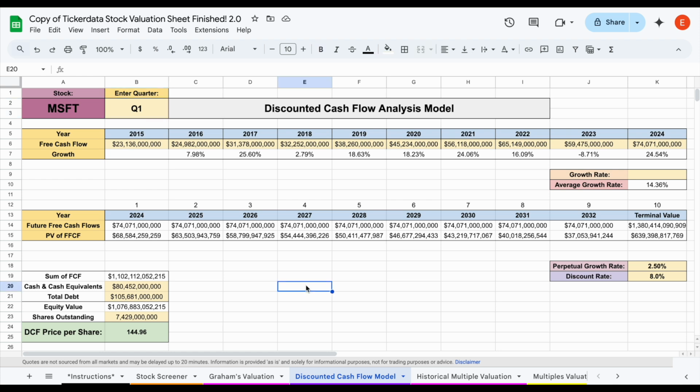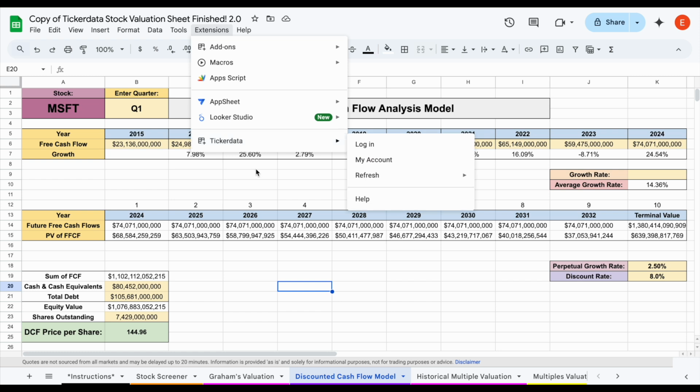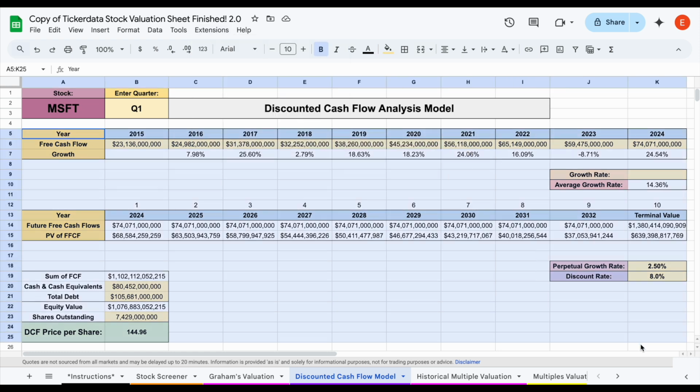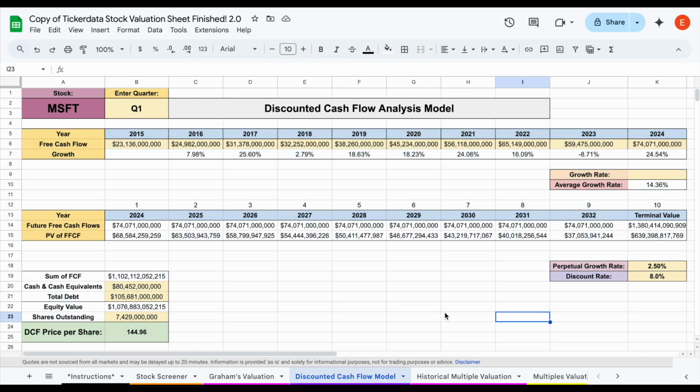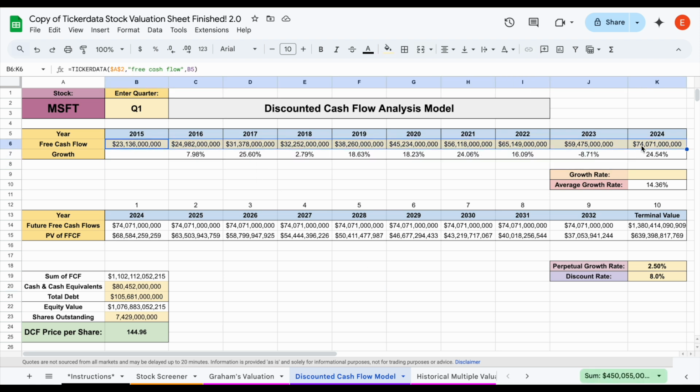So again, when we're using things like a discounted cash flow analysis, you can see just why ticker data is so useful, because all of this data is able to automatically import into your spreadsheet, so you don't have to go to different websites and copy and paste it in. But if you are copy and pasting your data, this is where you want to start. To start out, you're going to come up here. You want to look at the company's historical free cash flows, because again, a company is worth however much free cash flow they're able to produce in the future.